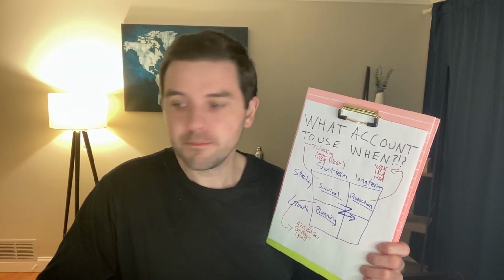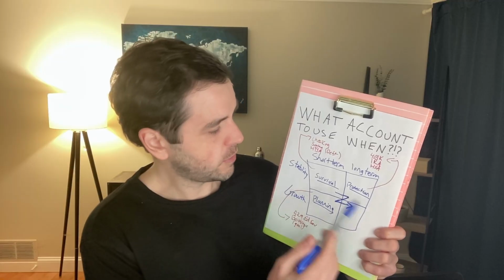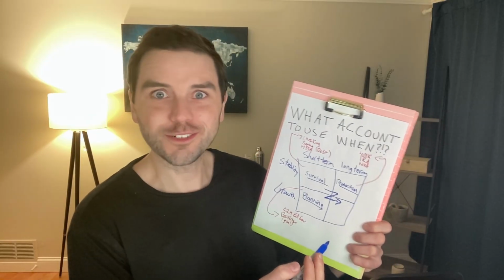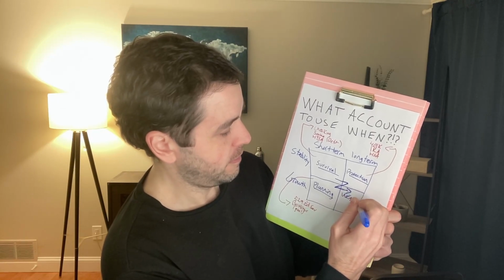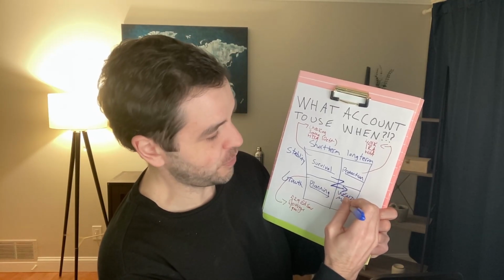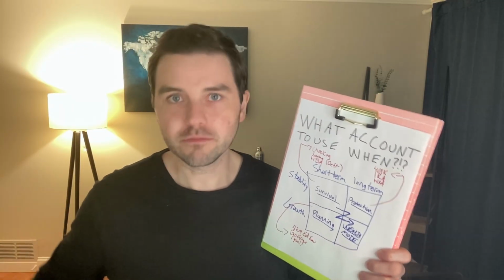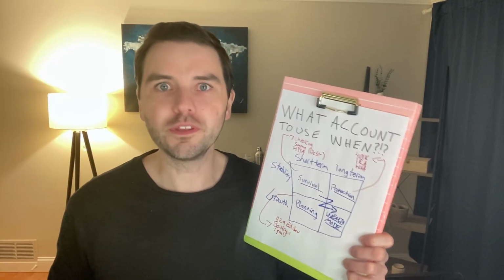So that was quadrant 3. And now quadrant 4. Here we're going to be looking at our long-term growth account. This is the last and final boss of the what-account-to-use-when quadrants, right? This one is wealth mode, kind of like stealth mode, but wealth mode, right? This is where we just start putting money to truly build wealth, and that's its only function.